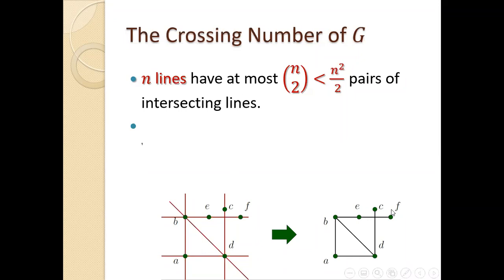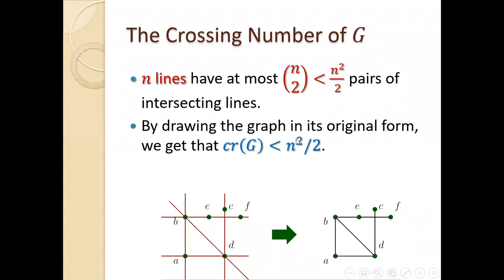So every edge intersection is going to be two lines intersecting, right? To have an edge intersection here, I need the two original lines to intersect. Since at most n squared over 2 pairs of lines intersect, less than n squared over 2 pairs of edges cross. Is that okay? I am a bit worried that I didn't get many answers here. Does that make sense? Let me know if you want me to clarify this more, please. I'm happy to explain this more if this is not clear. It's not even that important.